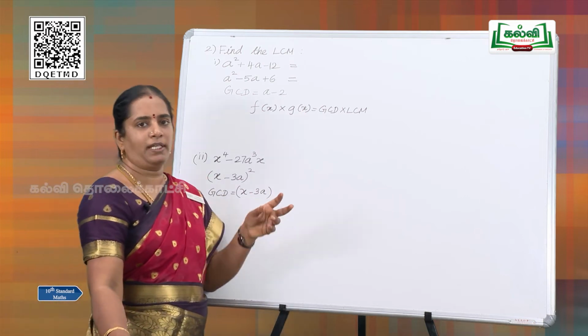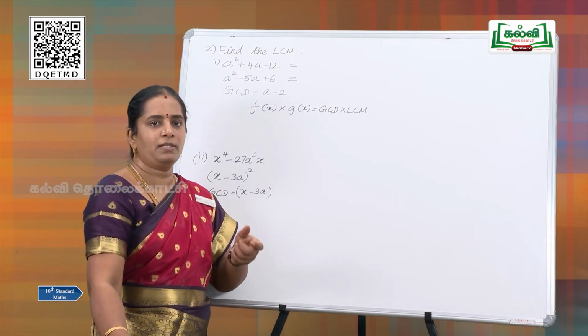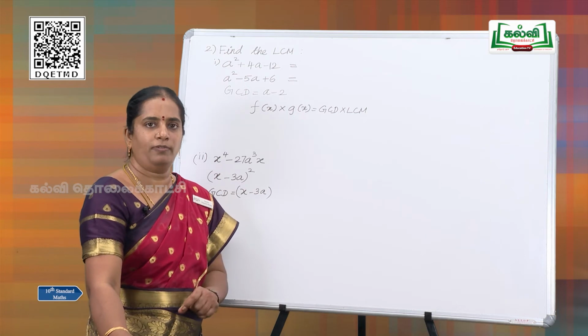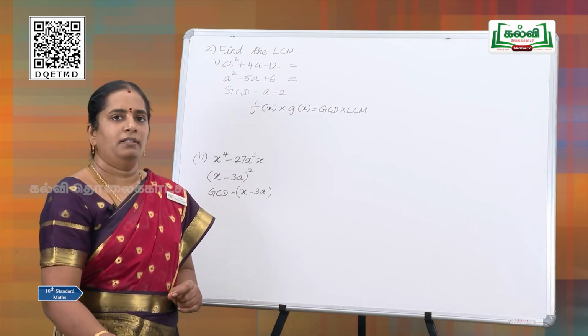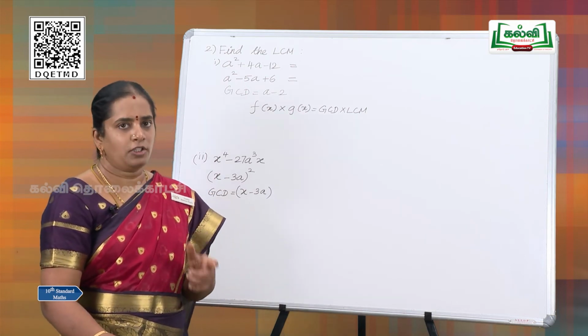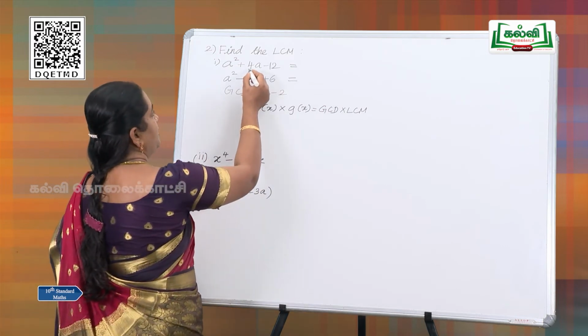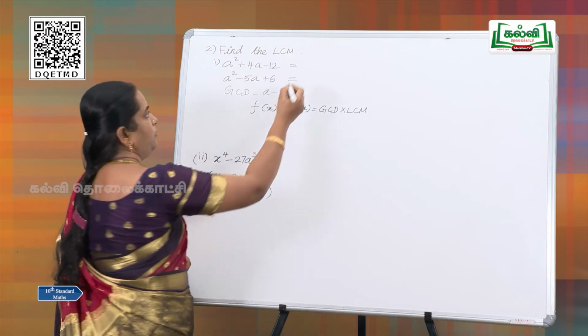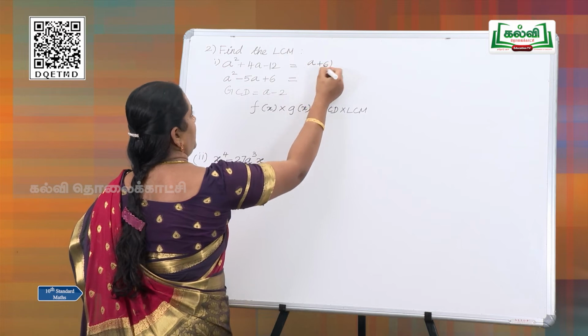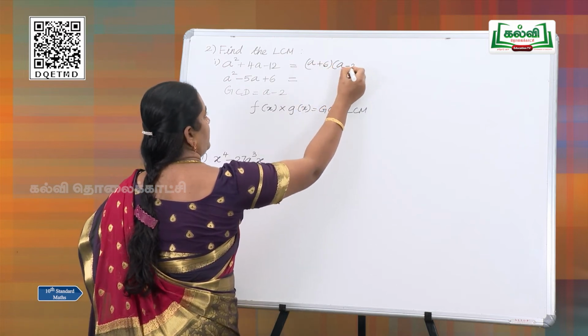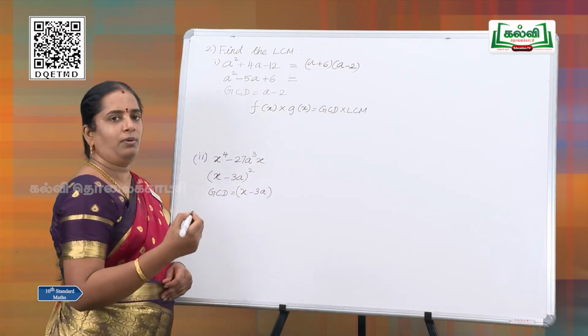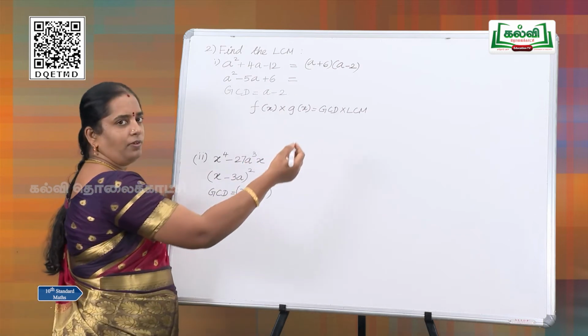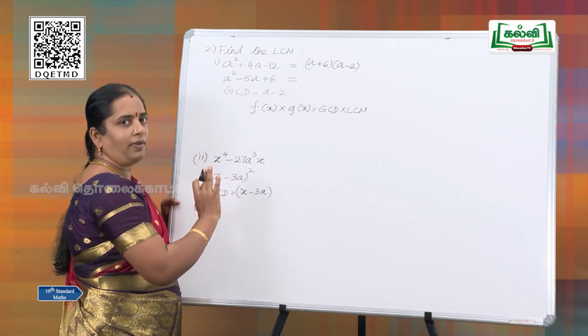As the product is minus 12, we have to see the difference between the numbers is to be 4. So, the numbers are very good, 6 and 2. As the difference is positive, a plus 6 and a minus 2 are the factors. You know very well how to factorize. Do it in the rough column and write the factors here.